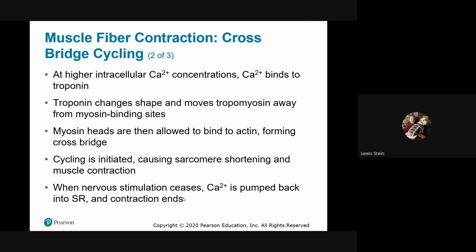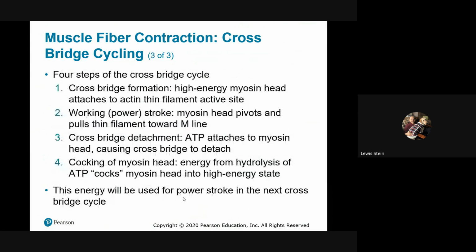effectively, energy is then needed not only to relax the muscle, as you will see shortly, but to pump the calcium back in. It's a very energy dependent process. It's almost like for us to move a muscle requires not only the impetus from the nerve to tell the muscle to move, but now we have an additional input of energy to pump the calcium back in and reset the muscle for the next time. Again, you're going to see muscles are ready to go at all times, and that's really important coming forward.